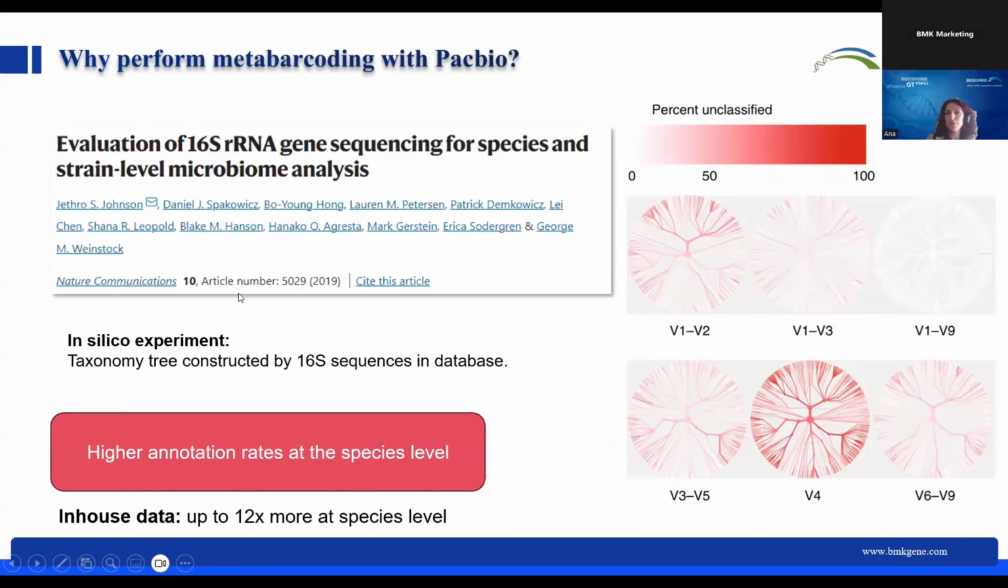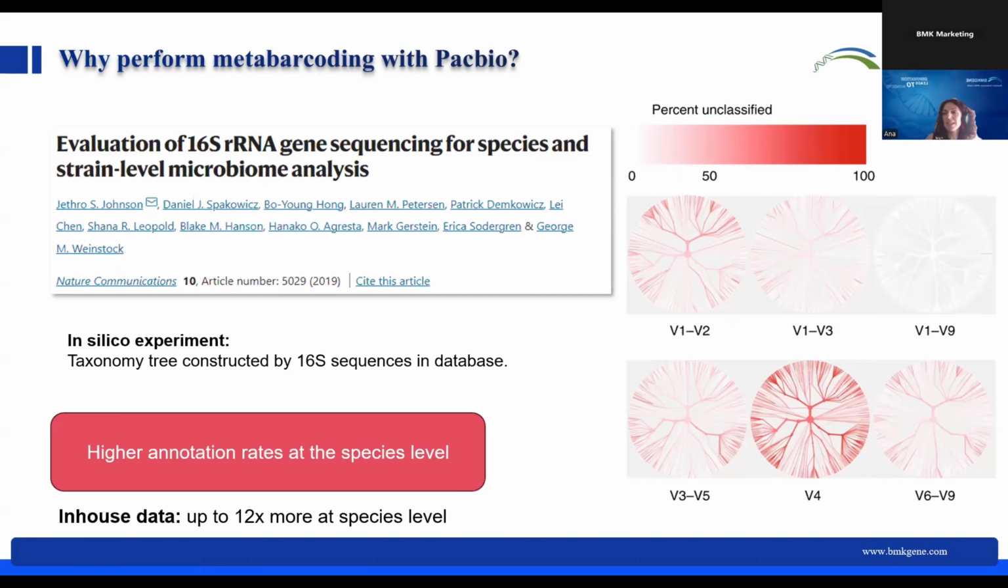And this is a study from 2019 that performed an in silico experiment using 16S sequences in a database and constructing a taxonomy tree, either using the full-length 16S sequence or using just sections of it. And you can see this on the right side of the slide, that when we are looking at the full 16S gene, we can get a phylogenetic tree that has a very short amount of sequences that are unclassified at